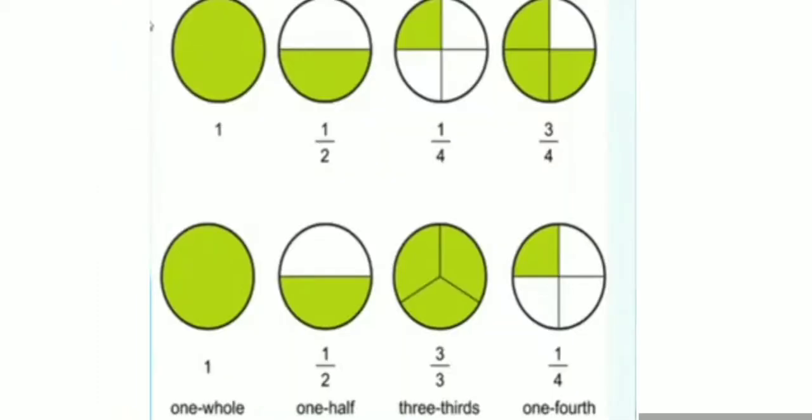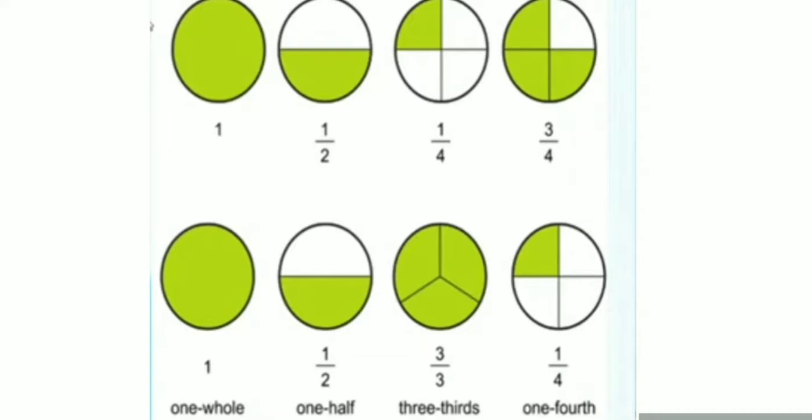So this is a big circle. See the second circle. The circle is divided into two semicircle equal parts. So what is the fraction? We write it 1 upon 2 because one part is shaded and there are two parts. So the total number of parts is written in the denominator and how much we have considered is written in the numerator.